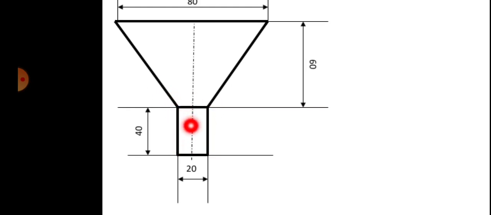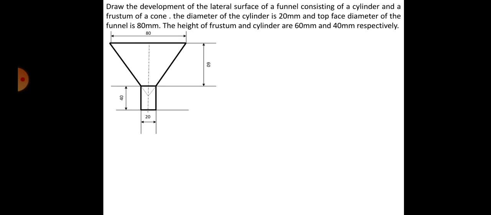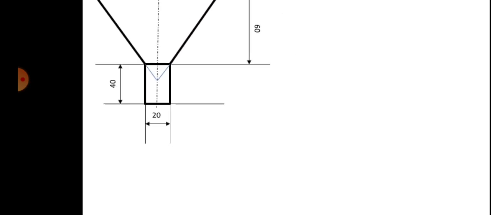So now let us find out the actual dimension of the cone. For that, you need to extend those lines like this. I hope you can see it, and then find out the slant height. You have to get this particular distance, because this is nowhere given in the data. You have to find it out, and this is the length. So it has to be 67.08 from here to here, plus 23.26 is this extra length. So the total slant height is, if you add the 67 plus 23, whatever distance you get, that will be the total slant height of the cone. Okay, so that will be an extra part of the construction. Draw it very light.